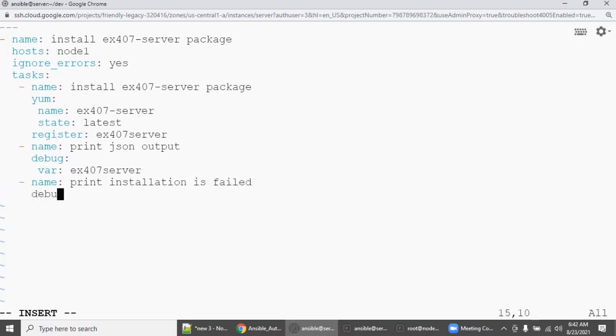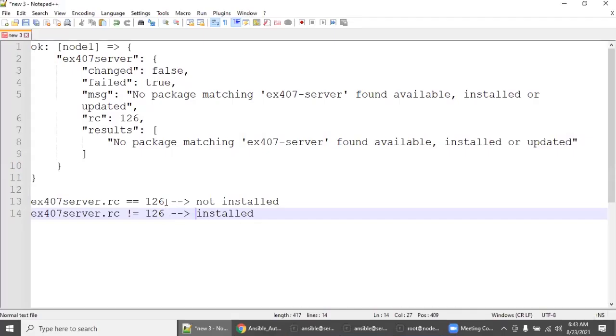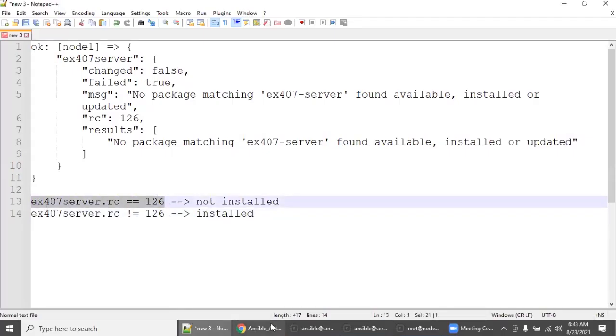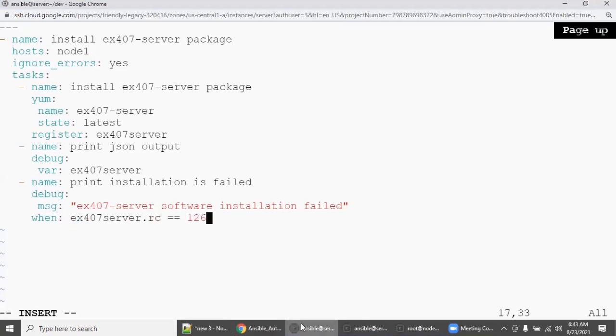What is the module? Debug module, and then our custom message: ex407-server software installation failed, when there is a condition, right? So we derived the condition. This is the condition, so let's copy paste.